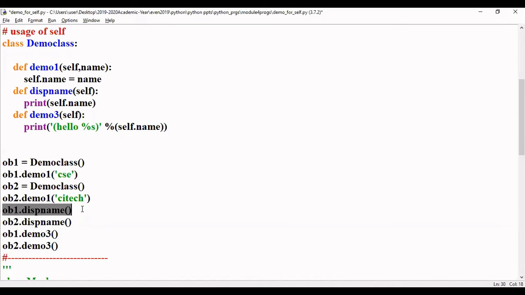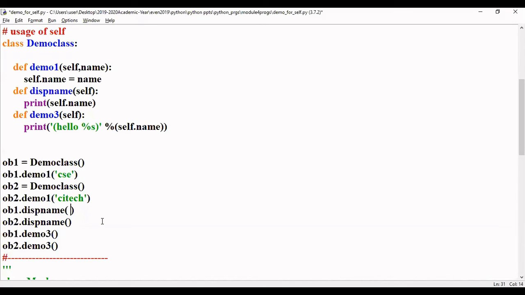Now ob1.displayname. Here, what is ob1? Its current reference is ob1, and ob1's reference is stored in self of displayname. Now if you see, here we have one parameter, but in the main program we are not passing any parameter.